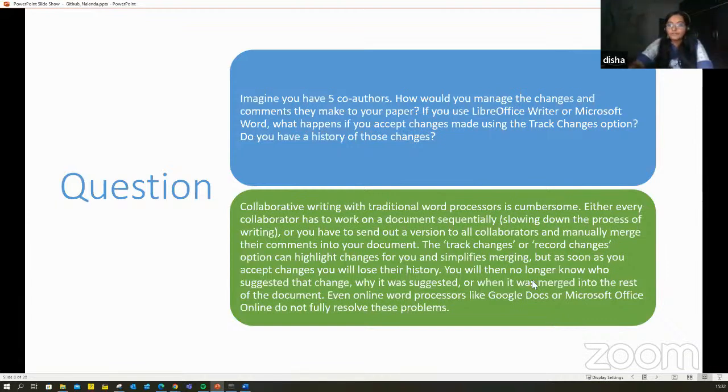Okay, and whatever you are seeing is the final thing. Somebody is saying we can see version on Microsoft Word as well now. Okay, Palash, I'm not really sure if you can see the version in track changes, because once you merge the, oh yeah, you can actually revert back to a previous version and go back to what a collaborator has set up. It becomes a little messy.